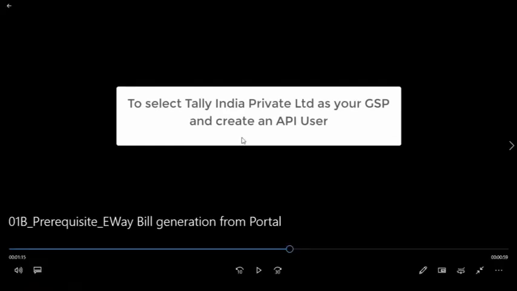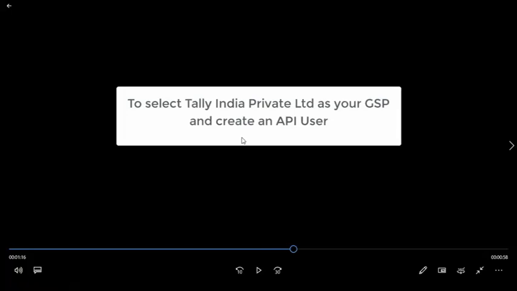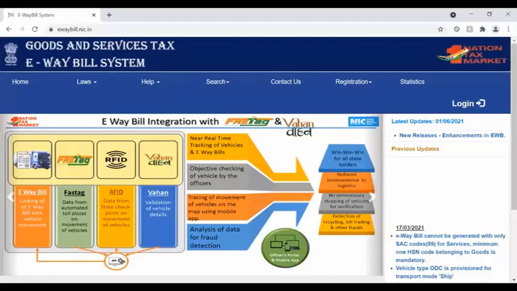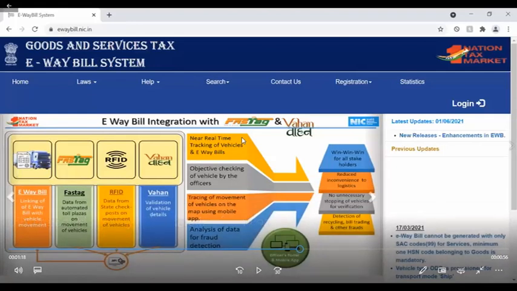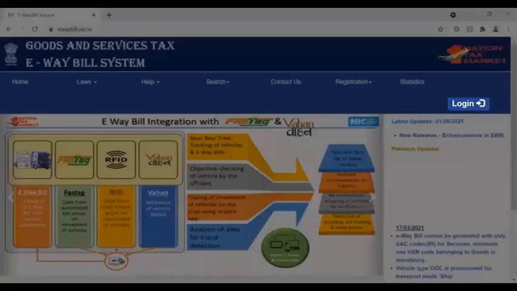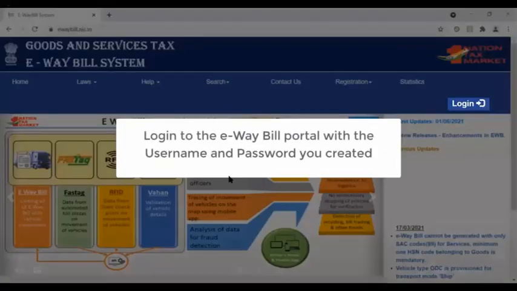So the next step in this is that one thing you need to understand is that Tally is a GST Suvidha provider. GST Suvidha provider means it is authorized by the GST department to connect the data from their server to the GST portal. So for connecting the data from Tally to the GST portal, we have to give Tally the rights to access our data. For this purpose, we need to link Tally as a GST Suvidha provider for our Tally data. For this, again, log in to the portal,